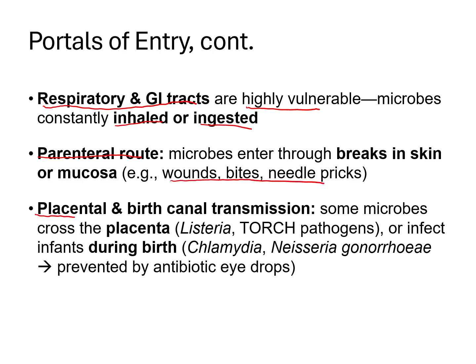And although most microbes cannot cross the placenta, there are a few major groups that can. And Listeria is another example of a microbe, a bacterium, that unfortunately grows really well at cold temperatures like our refrigerators and can also cross the placenta and cause significant harm to the fetus. Some microbes also can infect infants during childbirth, so mothers can pass chlamydia and